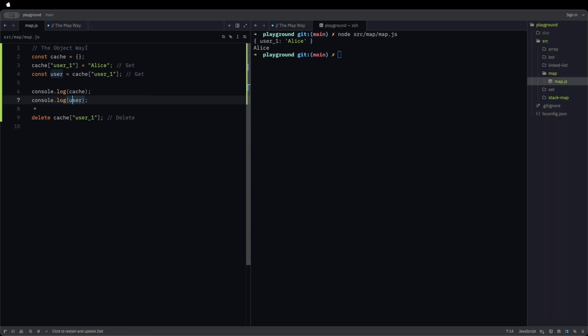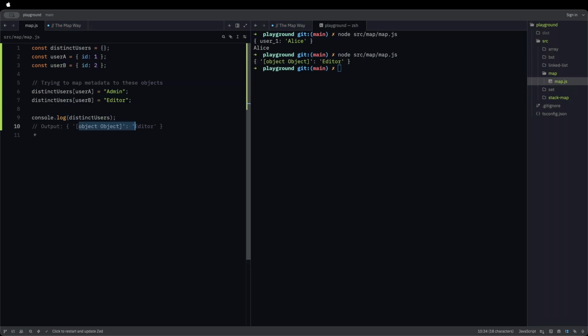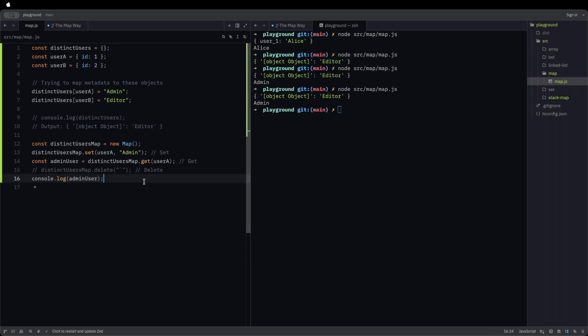Now you might think the object looks cleaner because of the square brackets, but objects have hidden flaws. Key stringification. Let's see with an example. Watch what happened, because object keys must be strings. JavaScript converted both of the user objects into strings, and when you convert an object into a string, it just shows object. The second entry overrode the first, we lost the data. Now if we use a map instead of an object, and we set the object as the key and then use that same object to get the value, and we run it,